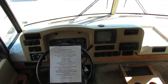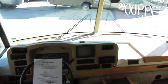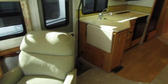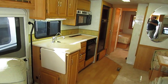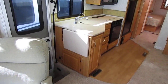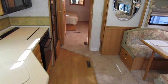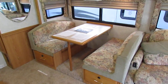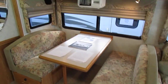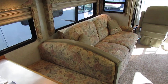It's got a Sony backup camera system that works. HWH jacks work. Of course, like I said, we're going to go through this thing, and if something doesn't work on our checkout, we're going to spend whatever it takes to make it work. And now, we don't cover cosmetics, folks. That's part of buying a used motorhome. That's the price you have to pay to save that $80,000 over what it costs new. Everything in this coach is 15 years old, has 15 years worth of use. But we will make sure all the major systems work, which includes